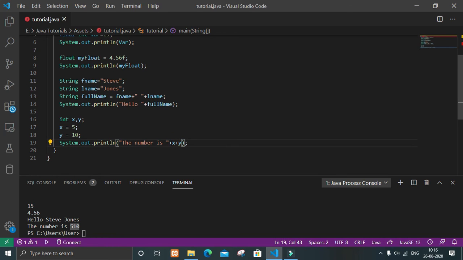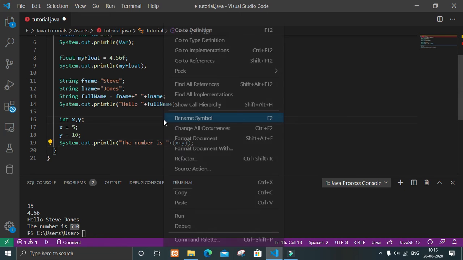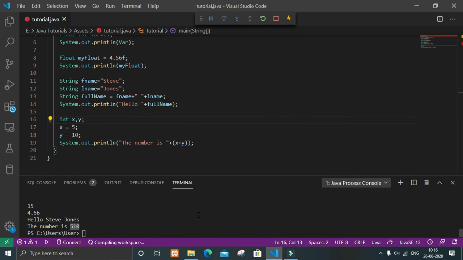If you want to get the sum, then we have to put it in parentheses and then run it. Now you will get the correct value. Here you can see we are getting 15. The number is 15.